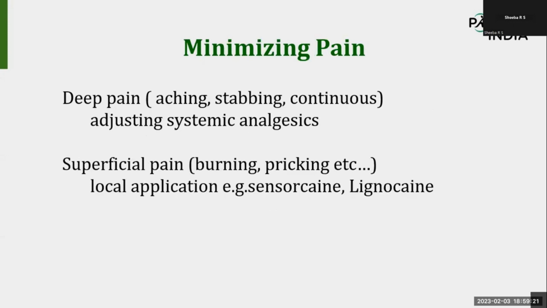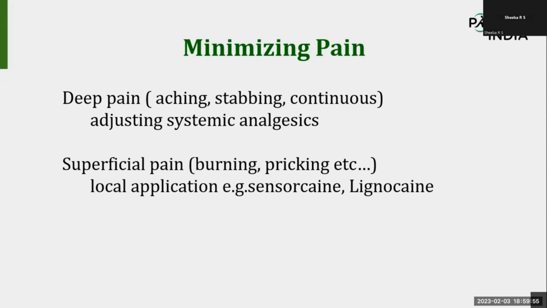Coming to pain management, if the patient is having deep, aching, stabbing, continuous pain, like nociceptive pain, systemic analgesics will be helpful. For example, if the patient is on 10 milligram morphine every 4 hours, when you go for a home visit and they have pain, you can give a breakthrough dose. You can give an extra dose and wait another 45 minutes, and then make sure whether the patient is pain free or not. Then you can do the